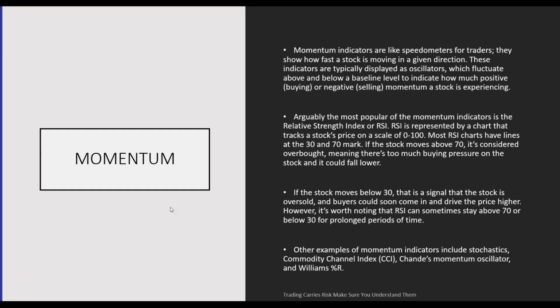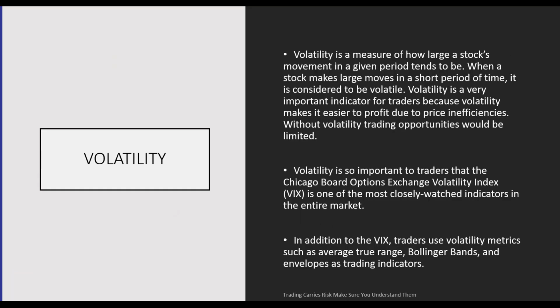Now we've covered momentum indicators. Another category that's very, very important is called volatility. Volatility measures how large an asset's movement is in a given period of time. And this is really important because if you don't know how volatile the asset is, or how volatile the market is, you don't know how to judge your support, your profit and risk reward, and where to put your stop